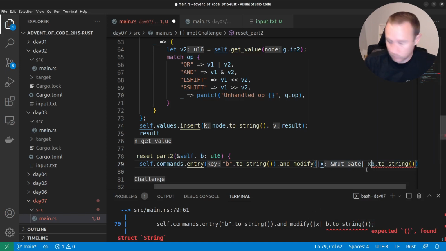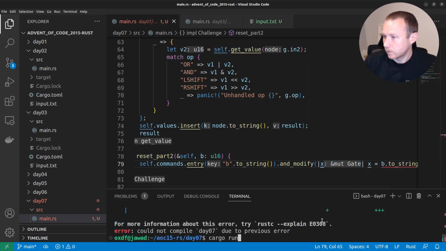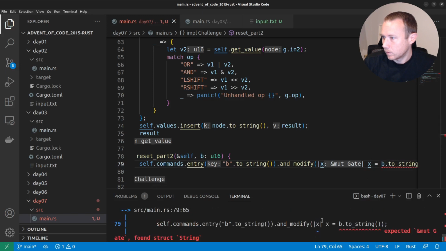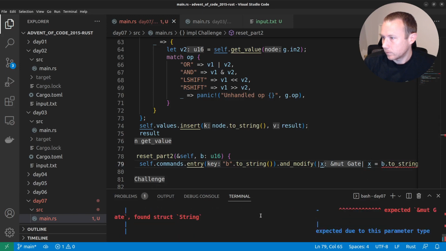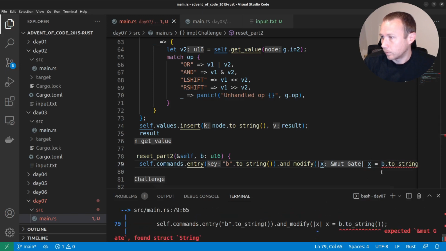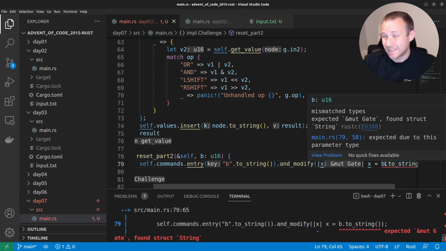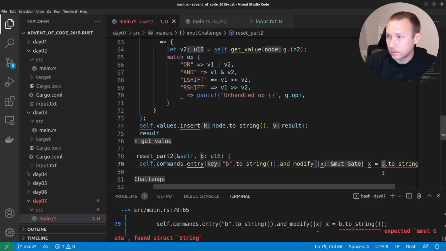Let me say x equals b dot to string. Expected mutable gate, found string. Oh, because b is a gate. So we want the b dot